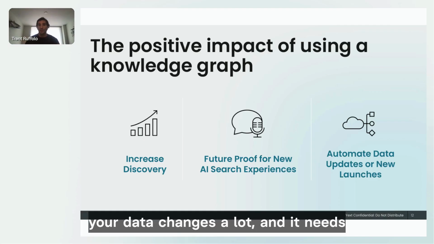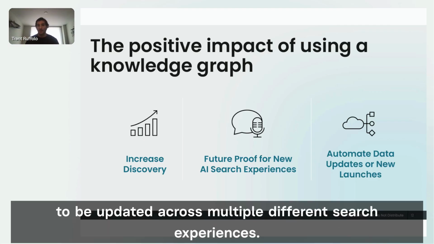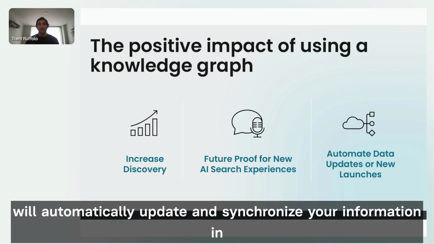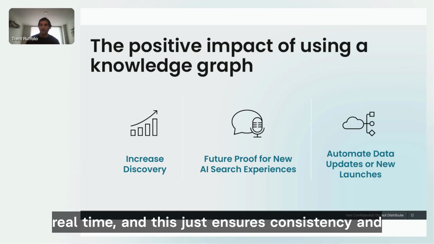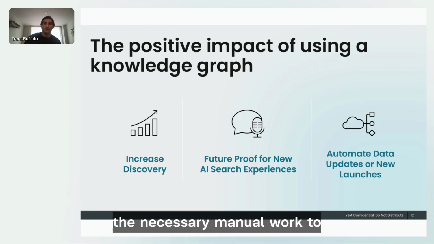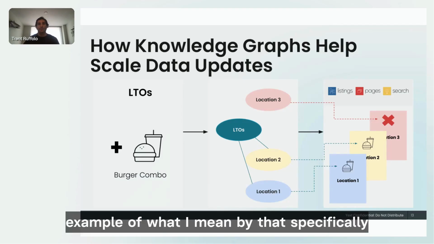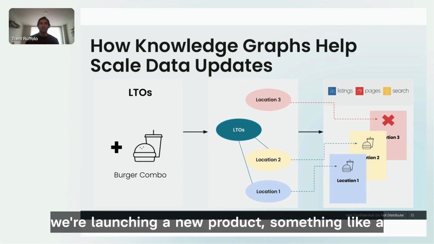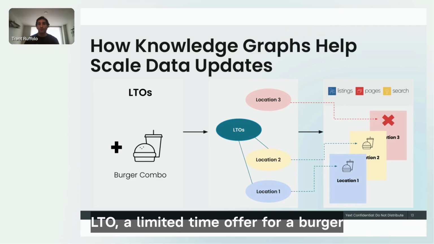So your data changes a lot and it needs to be updated across multiple different search experiences. Well, a knowledge graph is great because it will automatically update and synchronize your information in real time. And this just ensures consistency and accuracy across all the different search experiences without the manual work to do so. So I want to give a quick example of what I mean by that, specifically when it comes to automation. So imagine that we're launching a new product, something like an LTO, a limited time offer for a burger